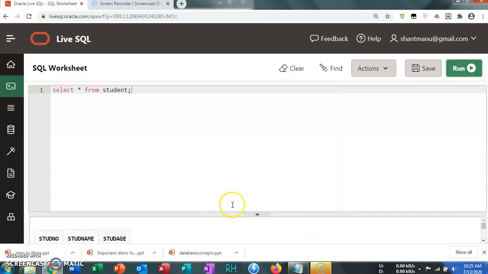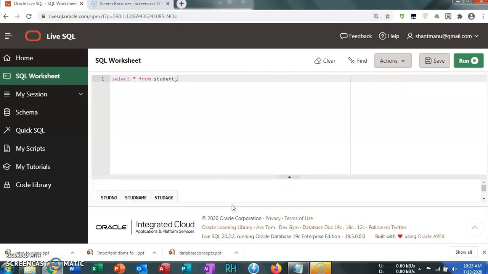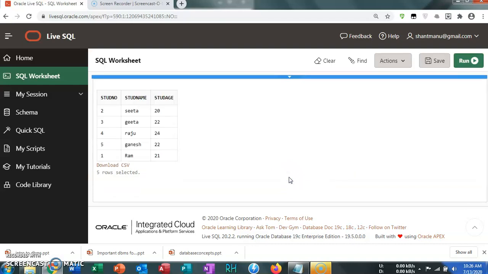So here you will get a table, and that table contains records here. Okay, what is here? 1 2 3 4 5. These are the 5 records from the particular table. So these records are inserted.